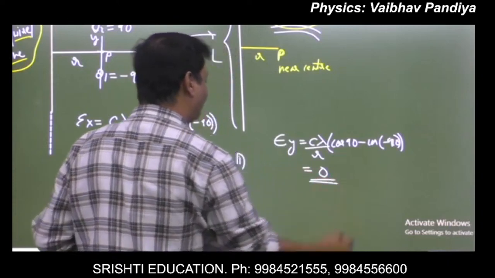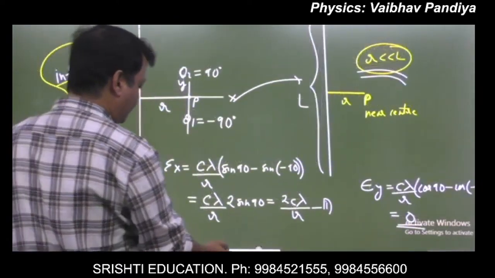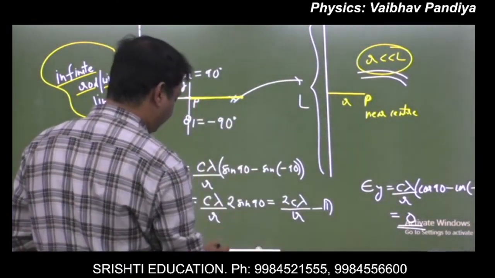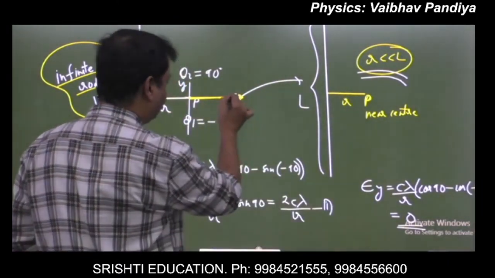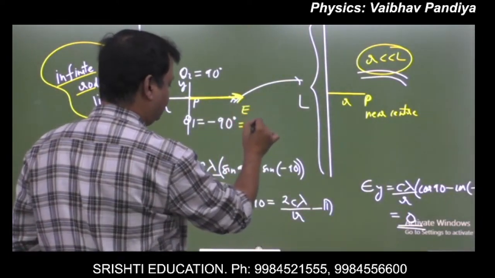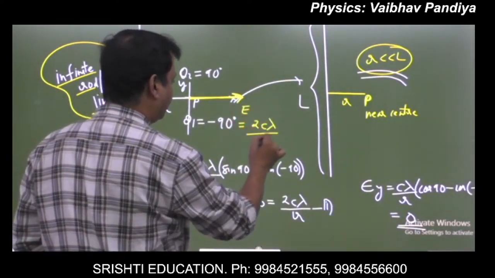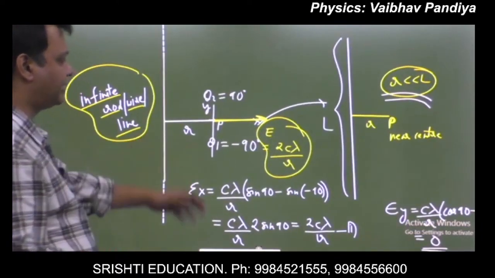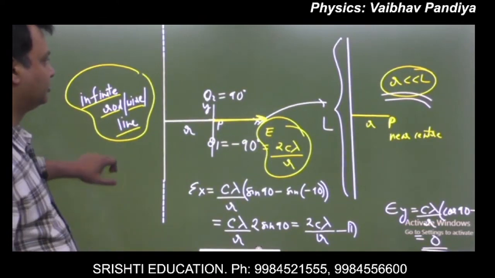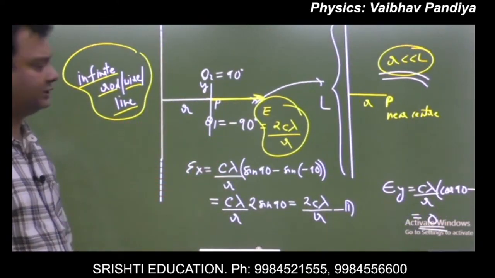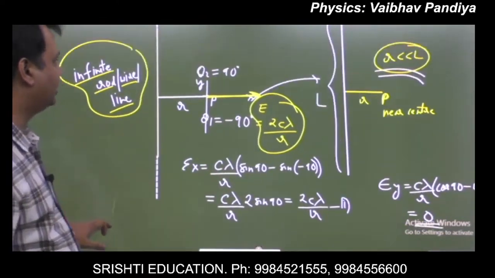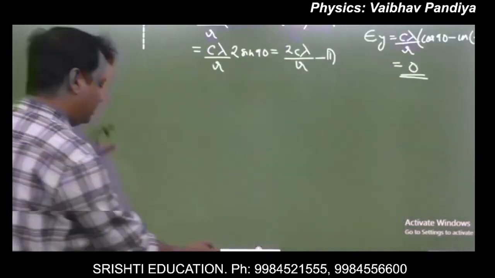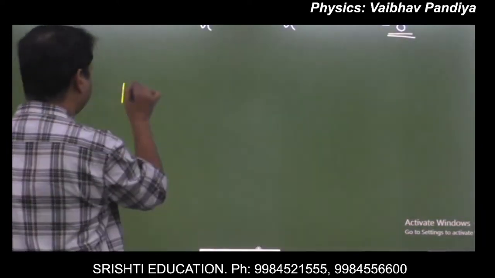There will be no y component of the field. So the net field will be perpendicular to the rod. How much? 2C lambda by R. Again, I'm not putting lambda in modulus, giving consideration to both positive lambda as well as negative lambda. So this is the second fingertip formula, which we will keep in mind. The electric field due to infinite or very long line of charge. So whenever we will keep it on fingertip,